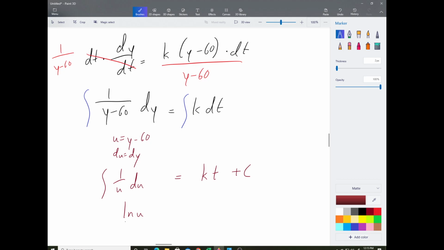It doesn't make sense to put one on the y side and one on the t side, because it's just two constants. So you add those together, subtract them, they're still just a constant. So we usually put it on the x side, or in this case, the t side, usually not the y side. So we have this equation,